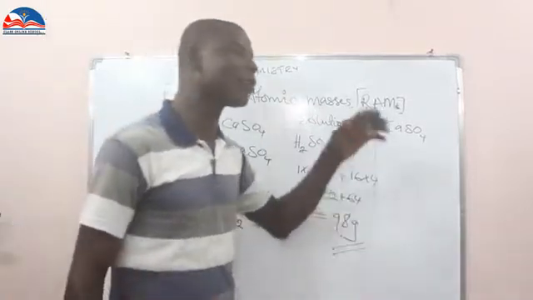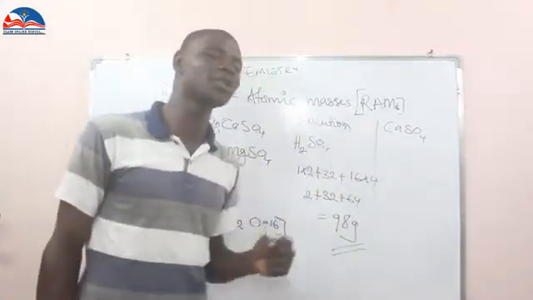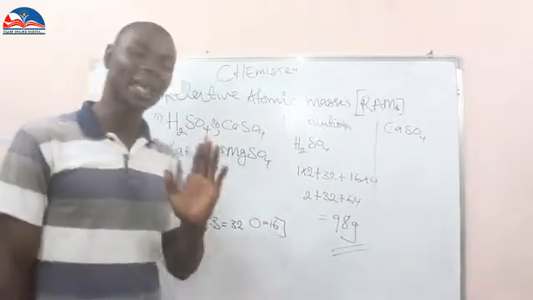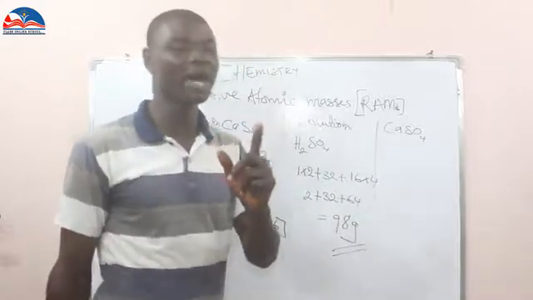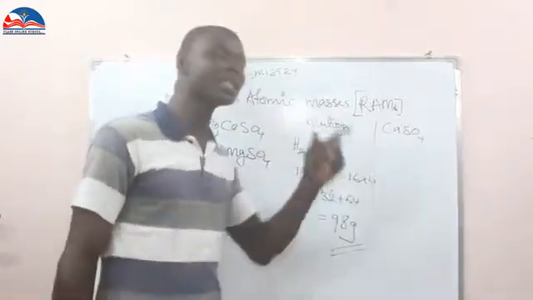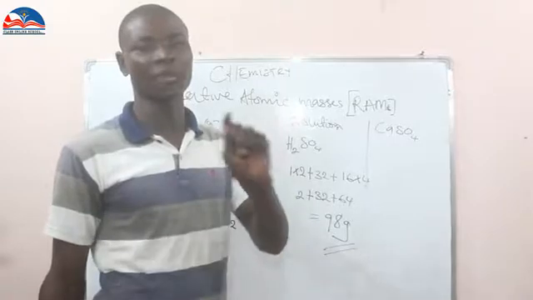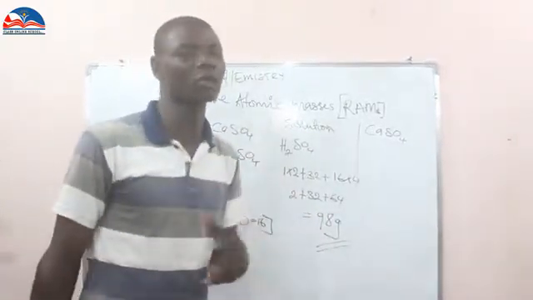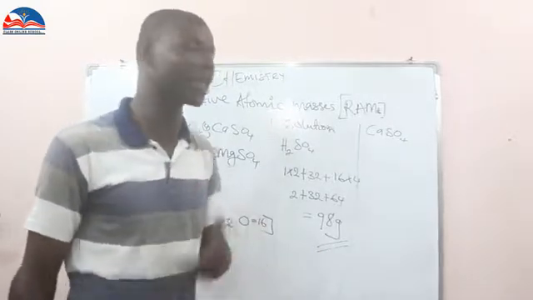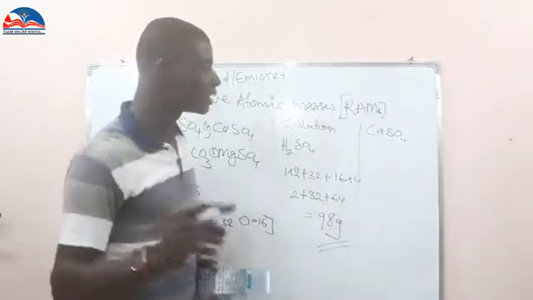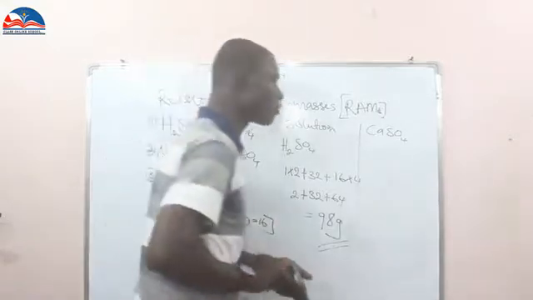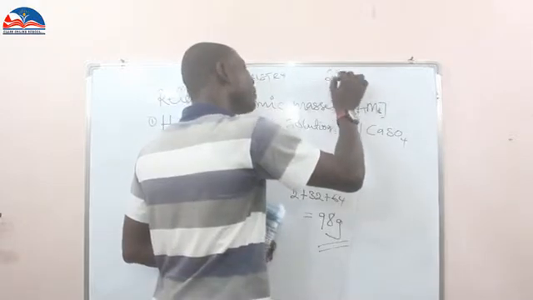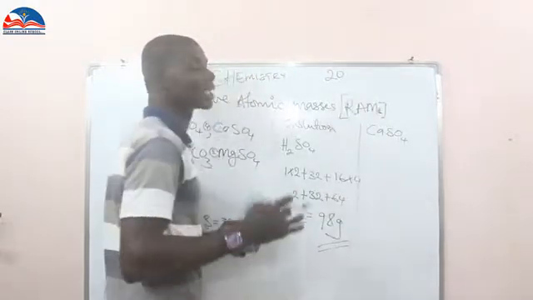I will get it if I go back and rethink what we discussed about atomic number and mass number. We say that atomic number is the number of protons present in the nucleus of an atom of an element, while the mass number means the sum of the protons in the nucleus of an atom of an element. Now, since we are looking for the mass number, check the atomic number of calcium, and calcium is the